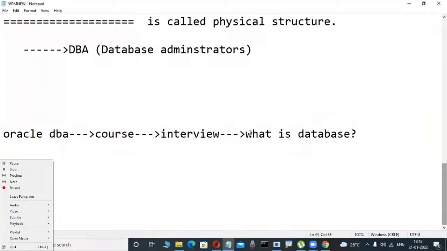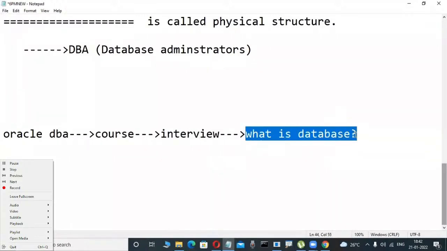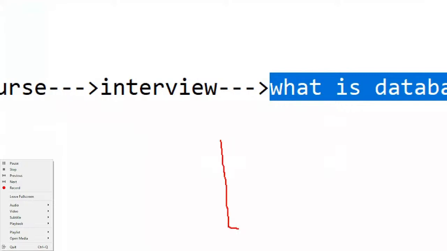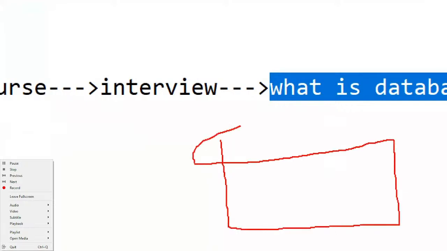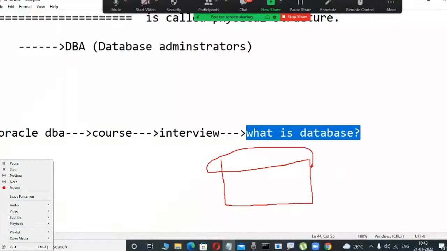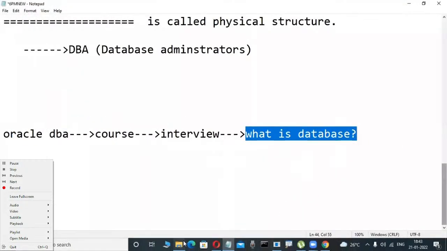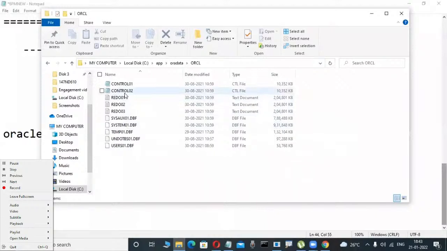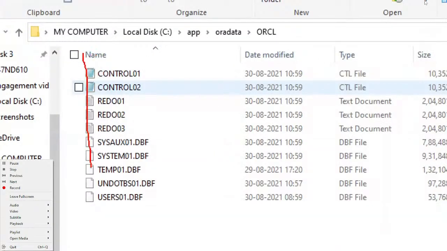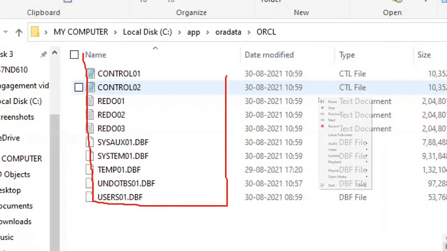So when the interviewer asks what a database is, as a DBA programmer I am not telling that it is a place which stores a structured collection of data, which is wrong. That is the logical side. I am telling the physical side: whenever I install Oracle software, some physical files are automatically created on the disk, which is visible. Data files, control files, redo log files are there. That's why, as a database administrator, I say a database is a collection